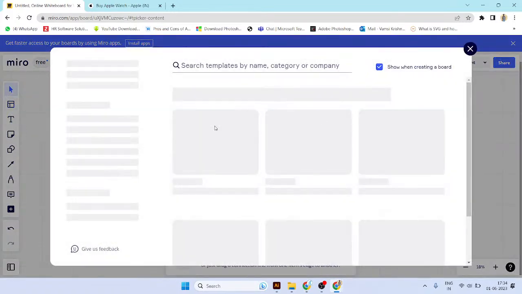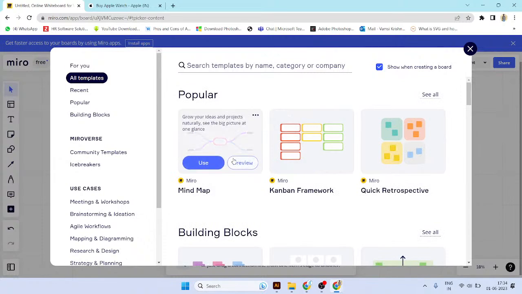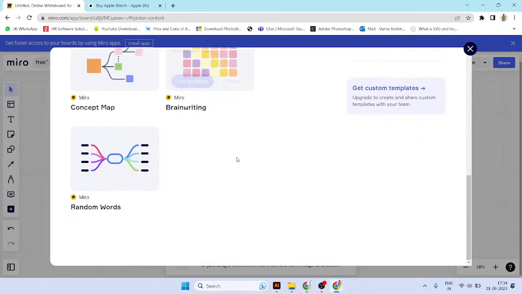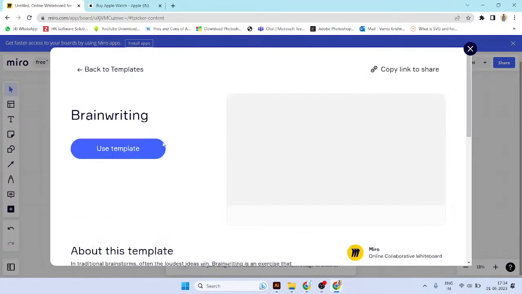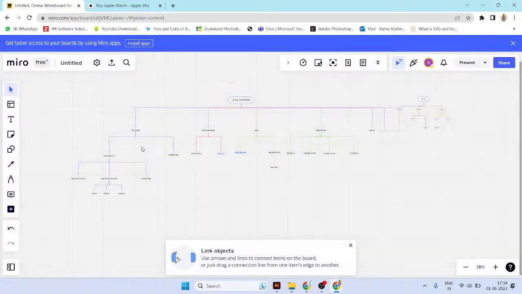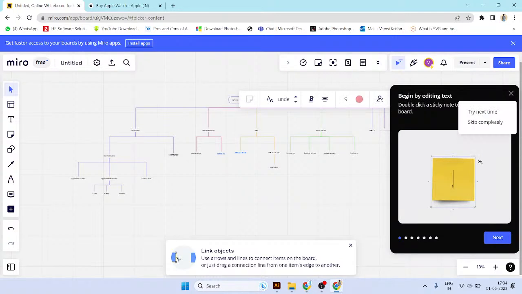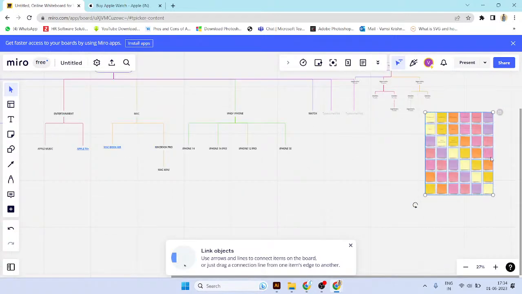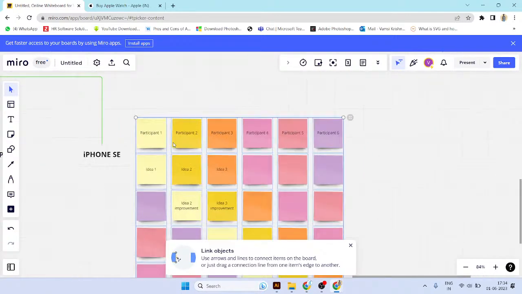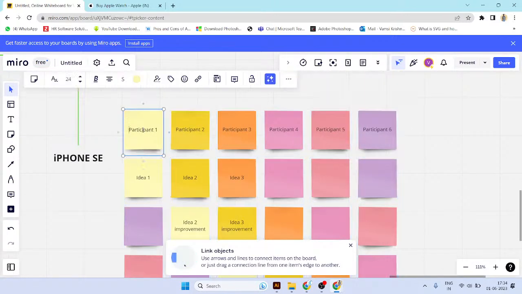So come to here and check again, is there any different type of mind maps? Select here. If you want to click it, this one. If you want to create any template here, this is the template we created. So if we create like this also, friends, and we have the splash screen,